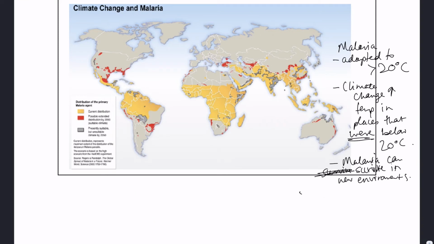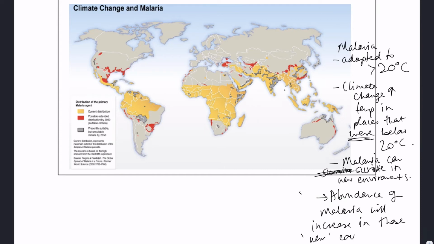So the malaria can now survive in new environments, and therefore abundance of malaria will increase in those new countries or different countries. Okay, so what we're saying is that if global warming increases, it increases potentially the number